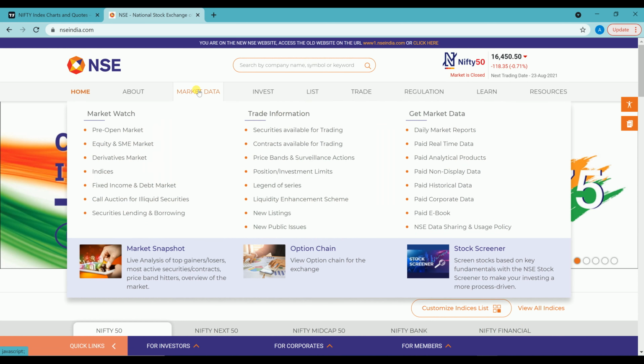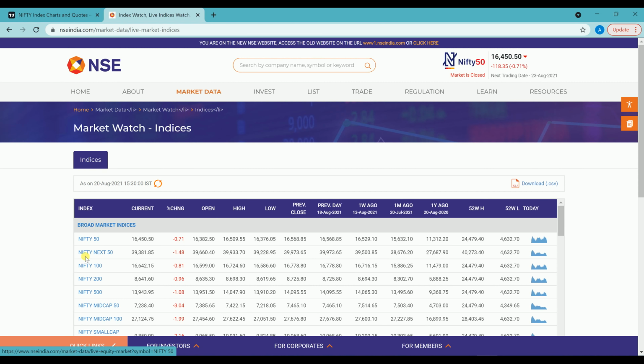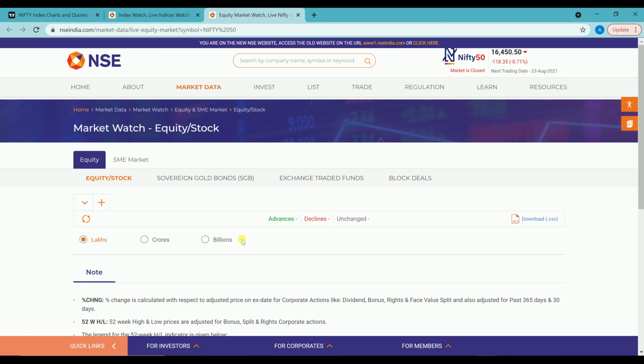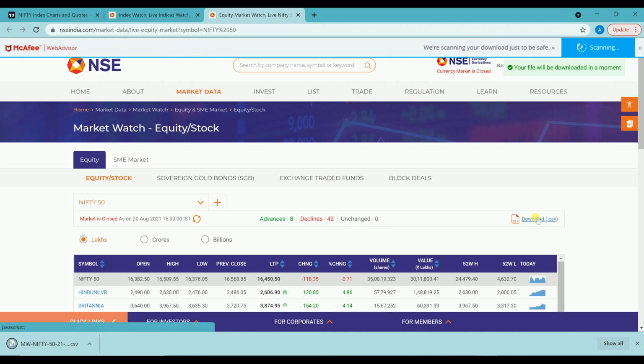This is the NSE website. You can go to market data and click on indices. All the indices are listed in front of you. You can choose anything you want. We choose Nifty 50 for the video and download the file to have all the stocks under Nifty 50. It has 50 stocks, right?